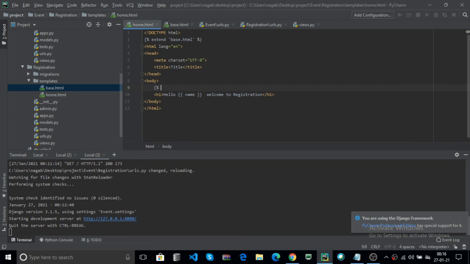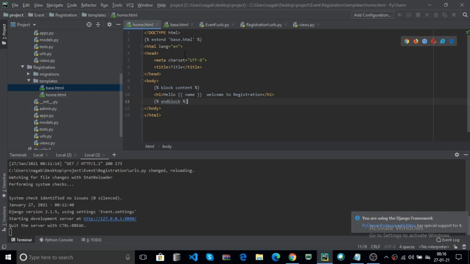Here percentage block, like this is the block of content in your page. Block content, percentage closes. Here you can use the percentage end block and percentage close. Now Control S.